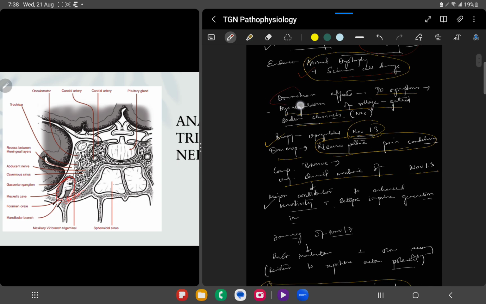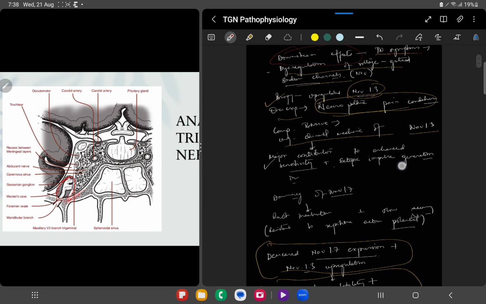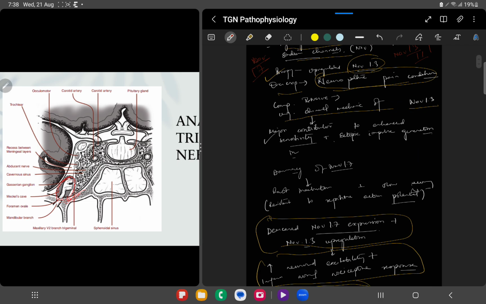If we go to the downstream effects, the trigeminal nerve symptoms come through the dysregulation of the voltage gated sodium channels. While doing biopsy, it was found that there is an upregulation of voltage gated sodium channels NAV 1.3 and 1.1, whereas there was a downregulation of voltage gated sodium channel 1.7. What happens is that